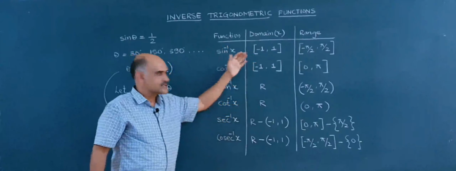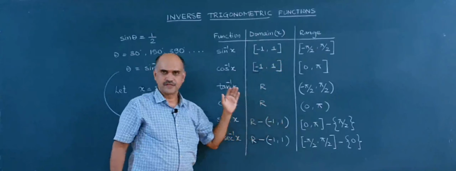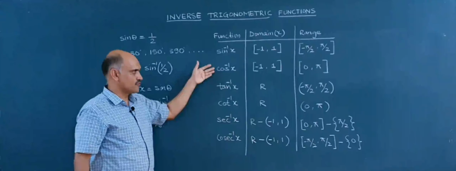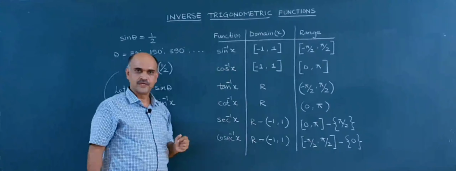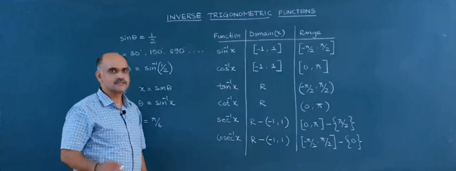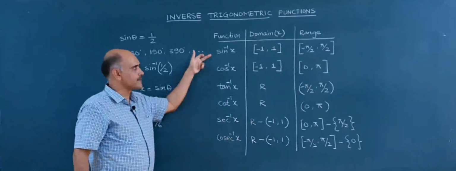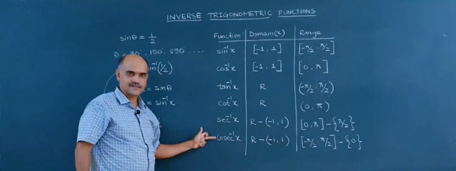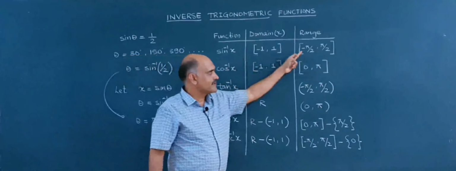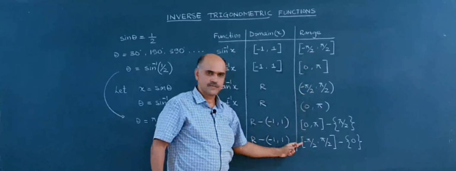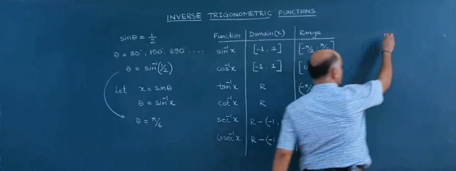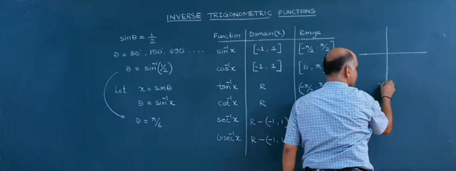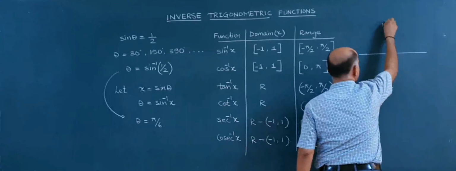So this is the range of these trigonometric functions. For 1 mark, he will be asking any one of these. So for example, write the range of secant inverse x or write the range of cos inverse x, and so on. To remember, I will tell a hint. If you see here, sin inverse x, tan inverse x and cosec inverse x, they are almost from minus pi by 2 to plus pi by 2. So if I take over here, this is minus pi by 2, this is plus pi by 2.